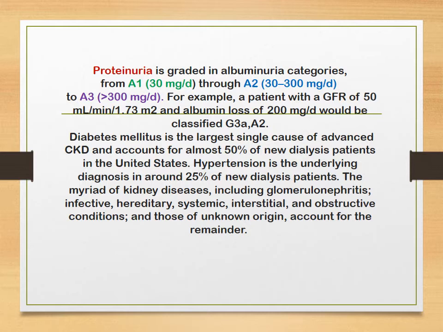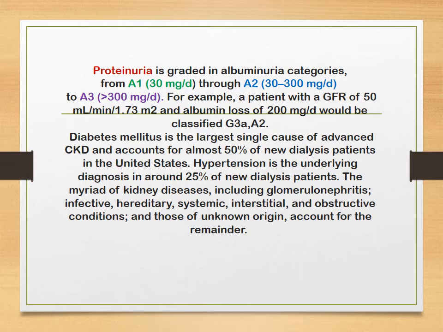This range of 30 to 300 is very important to detect by a specific reagent, for early detection of diabetic nephropathy, to prevent its progression to macroalbuminuria, and for correction of hypertension in the diabetic patient. Group 3 is when there is a large amount of albumin excreted in the urine, more than 300 milligram, and